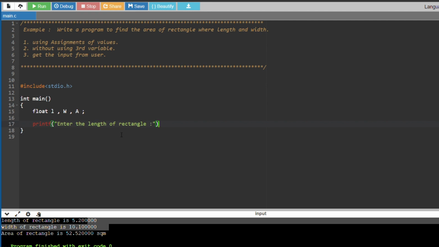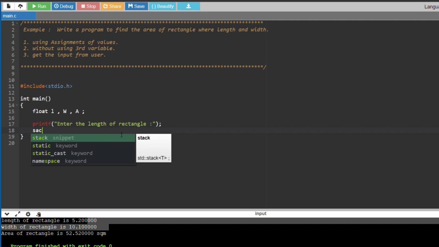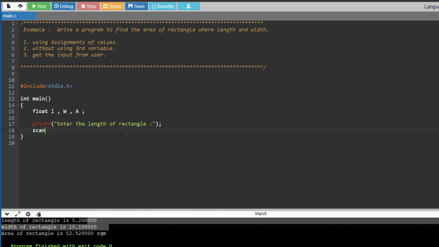Okay, don't forget to give the semicolon. Now we have to scan the value given by the user, right? We need to read that value. So here %d comma ampersand of L. At the L memory location we are going to store. Then printf